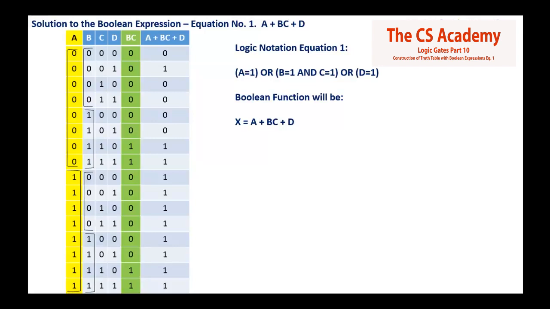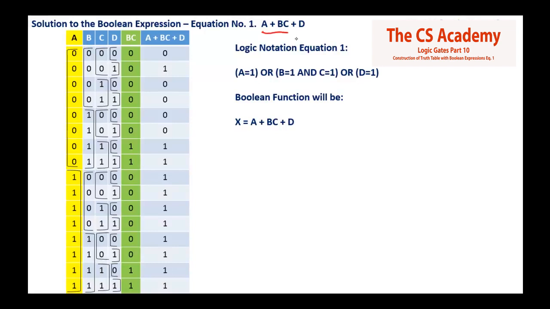In input C, that means input number 3, C, 2 pairs, that means 2 pairs of 0 and 2 pairs of 1, then again 2 0 pairs and 2 1 pairs, then 2 0 pairs and 2 1 pairs, then 2 0 pairs and 2 1 pairs. Then you can see the rows are going to be normalized. In the last column you can see 1 0 1 1, 1 0 1 1, 1 0 1 1, and so on.